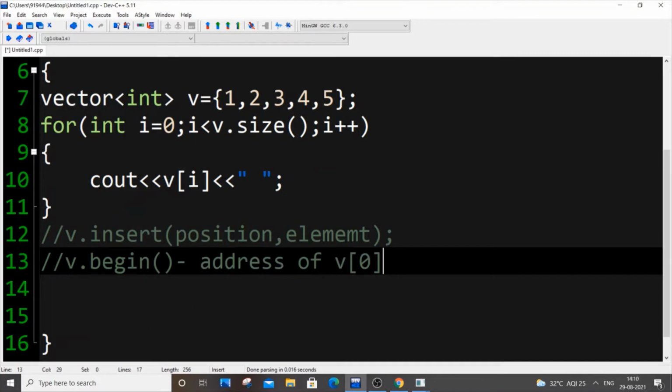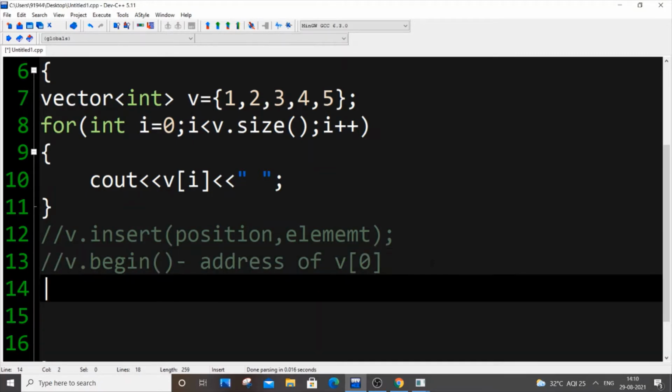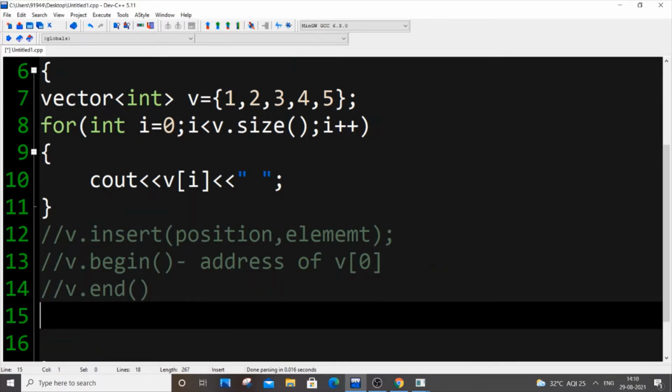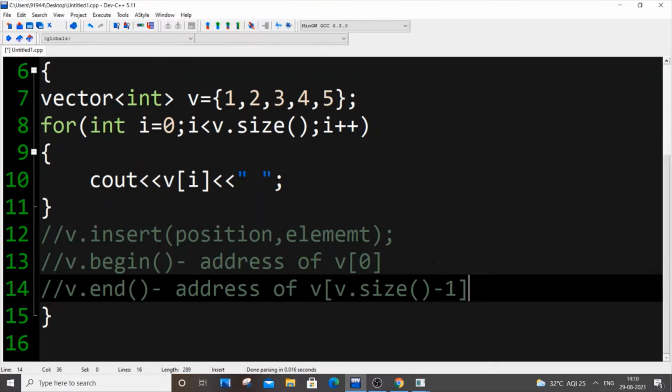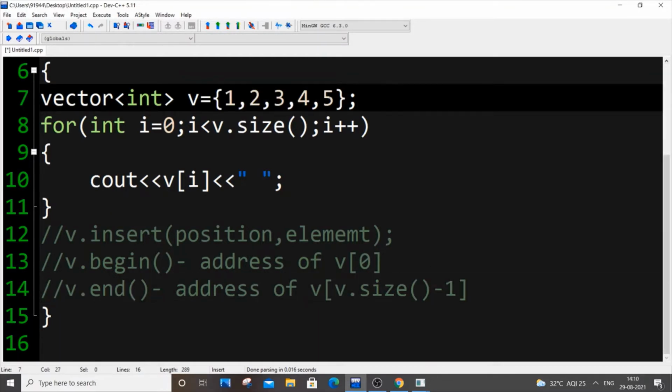Just a reference, like if you have used pointers, you'll know this one. And you have another reference, v.end. This is also a reference to the address of the last element, v of size minus 1. This is the last element because suppose we have 5 elements over here, our